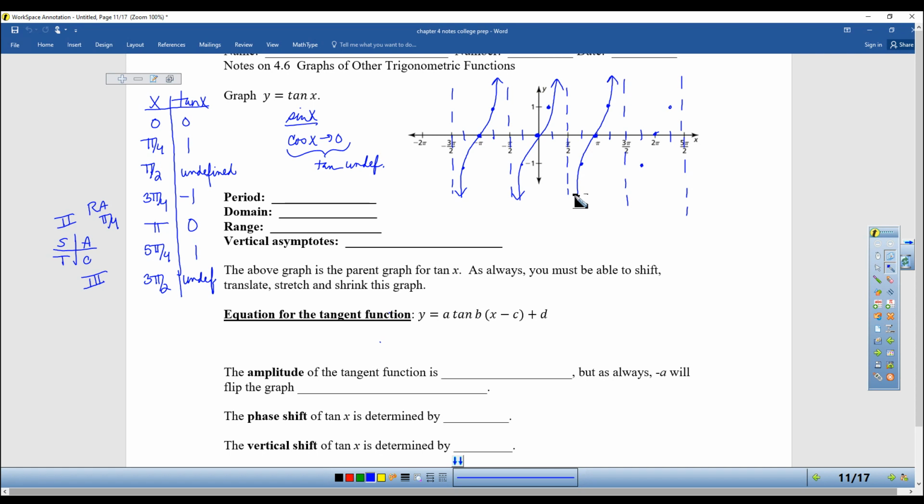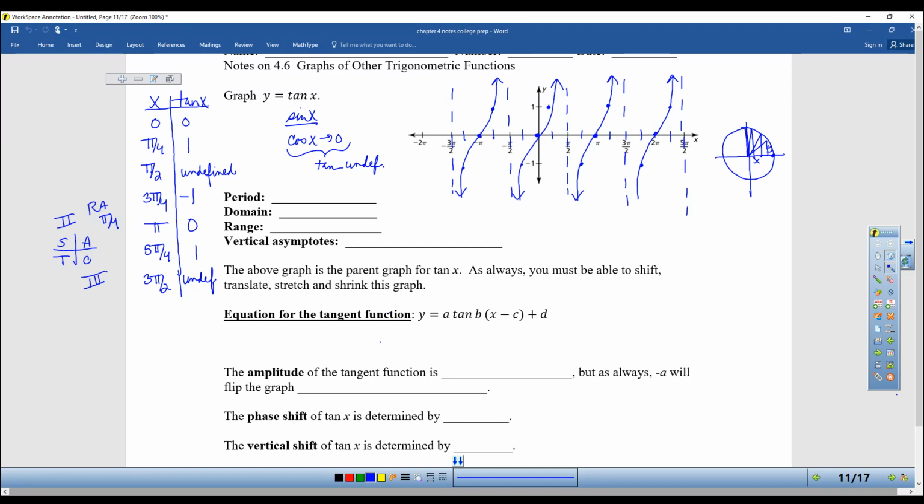If you were thinking about it in terms of the unit circle, tangent, after it finished going all the way around the unit circle, would repeat again. So let's just draw a unit circle real quick to try and make this connection for you. Tangent is the ratio of the y over the x. So in the beginning, when the y is nothing and the x is really long, that's why it's at 0. But as you keep making these triangles, look, the y keeps getting bigger and bigger and the x is smaller, so the ratio keeps getting greater and greater. But eventually the x is so small as to be 0, and you can't have that happen,